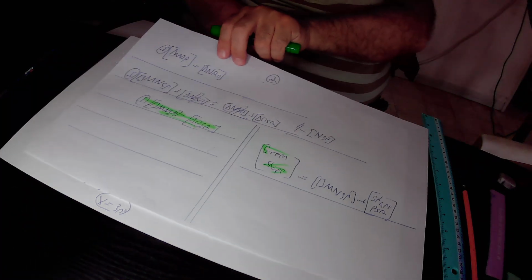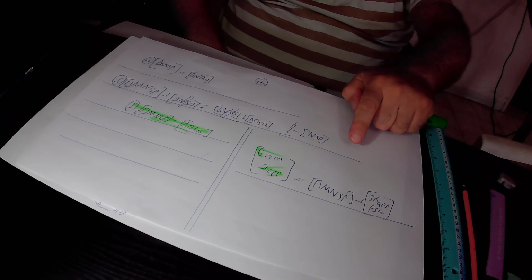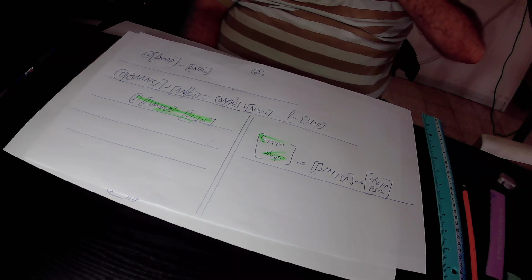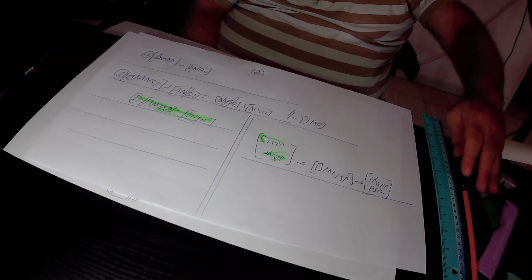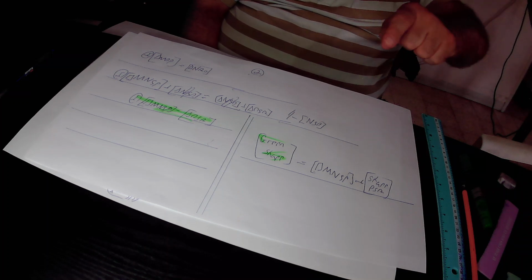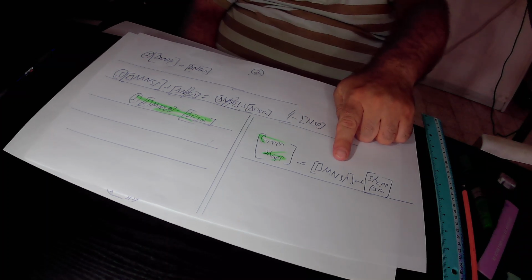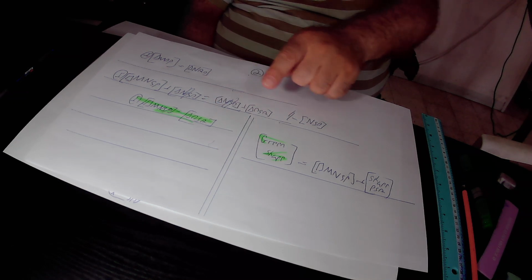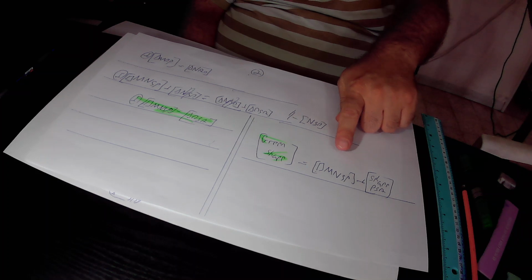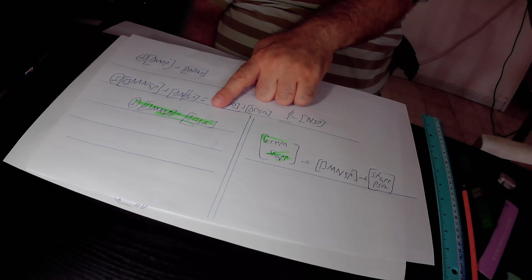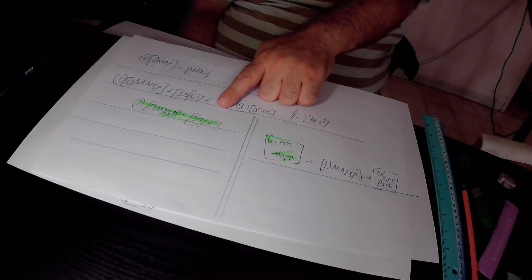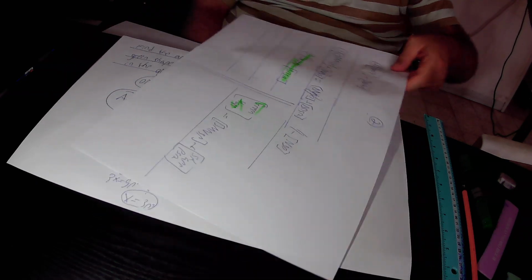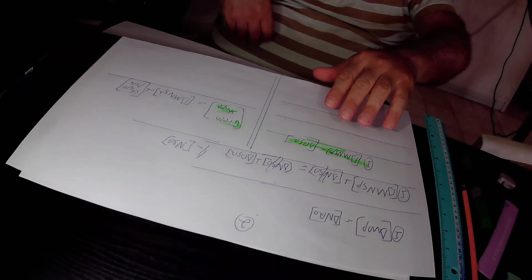So the area of the green shape in total is equal to the area of quadrilateral MNSP plus the area of the green small shape PSQ. But we already found out that the area of quadrilateral MNSP is equal to the area of triangle OSQ. So we can substitute the area of quadrilateral MNSP by the area of triangle OSQ because they are equal to each other. We do it now and you get that in total the area of the green shape is equal to